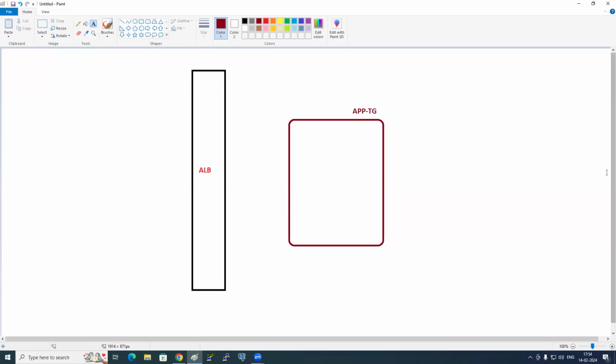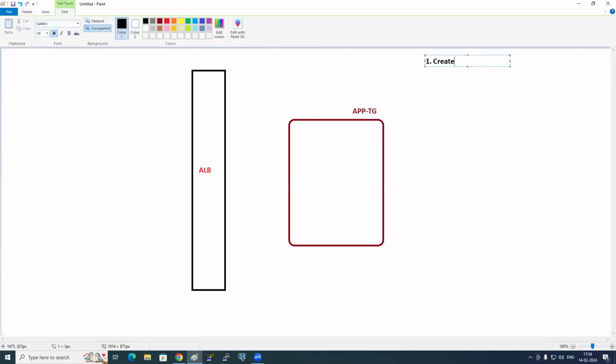So here, number one, create ELB with an empty target group. Or first we will create a target group and then we'll create a load balancer. Okay? So first, create the target group.